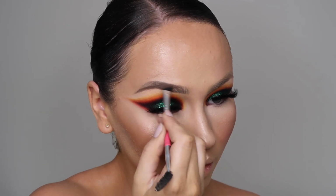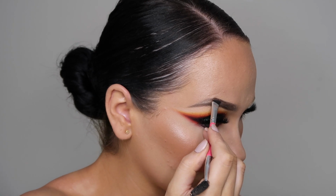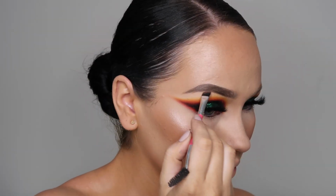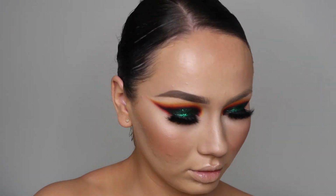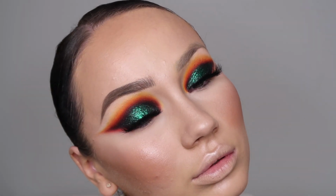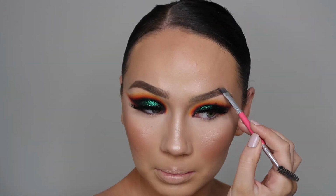You guys can see what I'm doing. I do have my brows tattooed, so the shape is already there. I just pretty much have to add the color back into them. I feel like I say this all the time, but can we just take a second to appreciate how much of a difference a brow can make? It's just incredible. And thank goodness I have my brows tattooed, because it makes my process so much easier